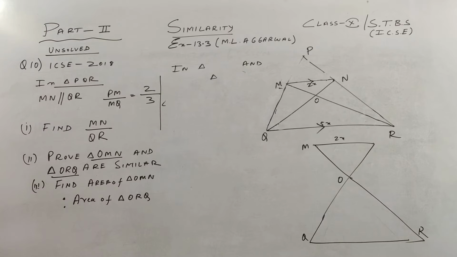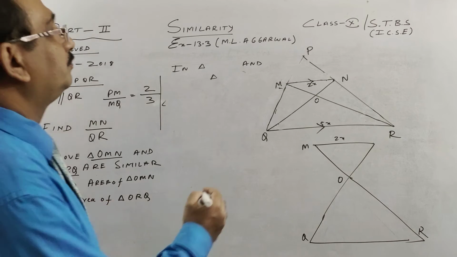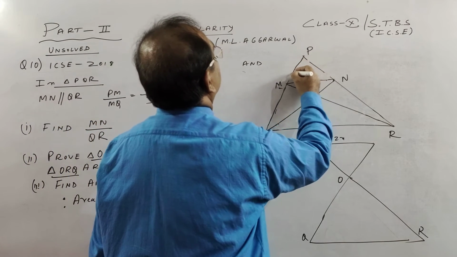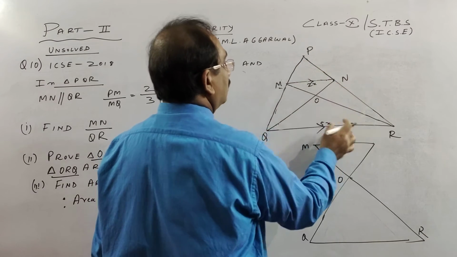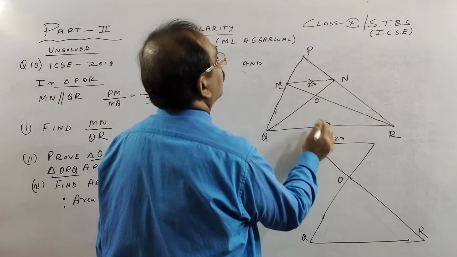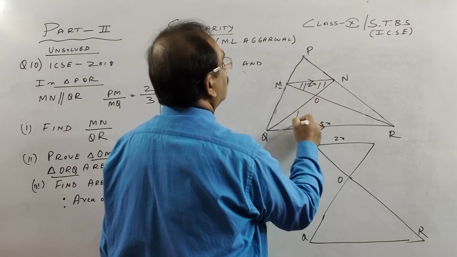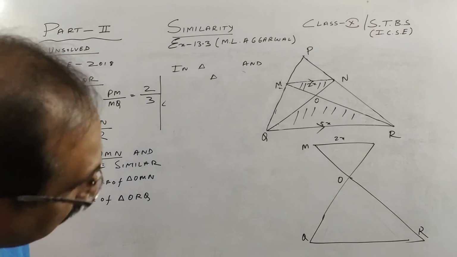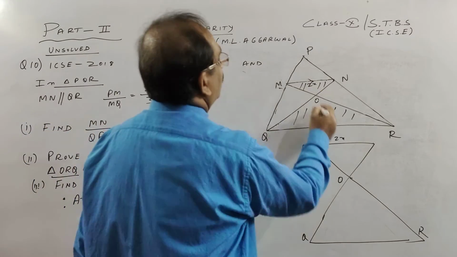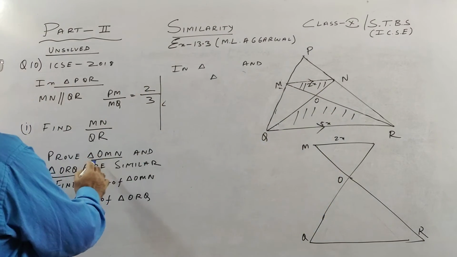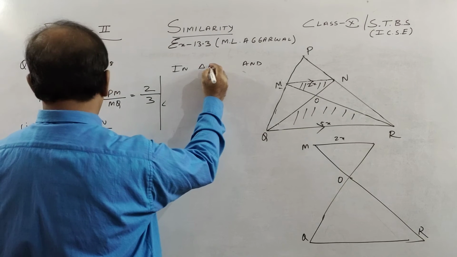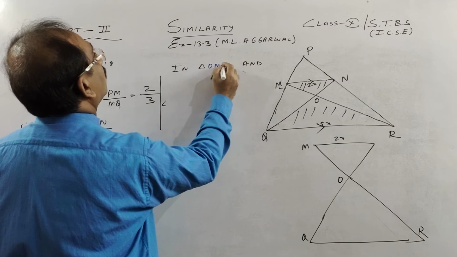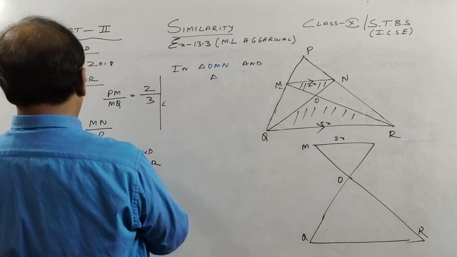So let us see the next part. We have to prove, children, these two triangles are similar. I've drawn them separately so you can see these two are parallel lines. So in triangle OMN and your ORQ,